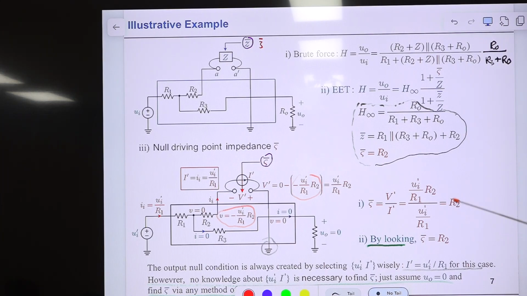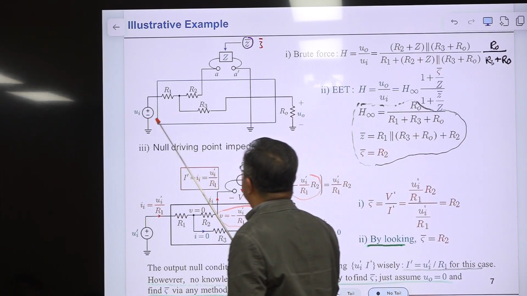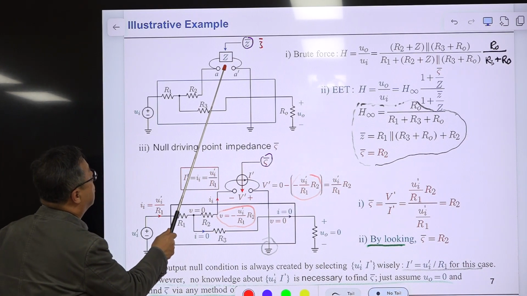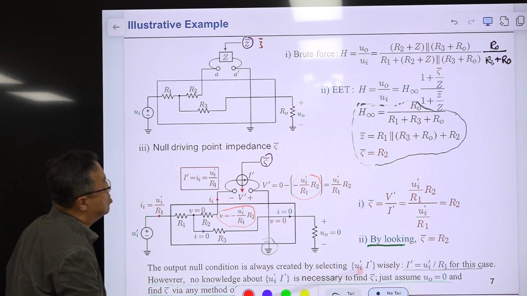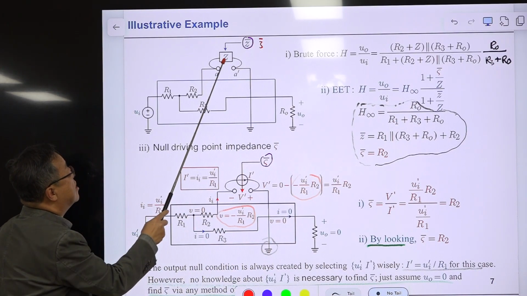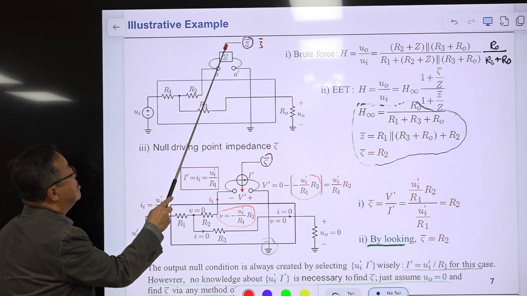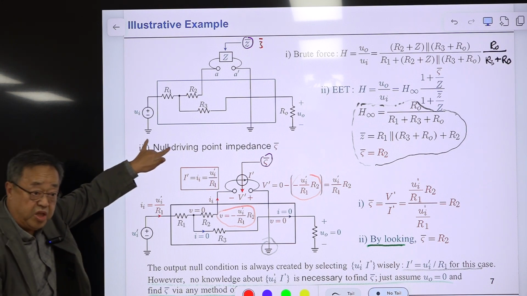So the EET equation is this one, H infinity, and this. We need to evaluate this and this and this. G is coming later. Then H infinity is the gain from here to there. This is the open. That's very easy. We have three resistors and a voltage division here. So this is H infinity, and this G bar is the driving point impedance looking into this opening, this slot.